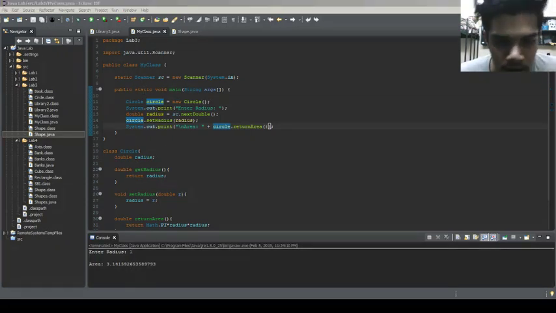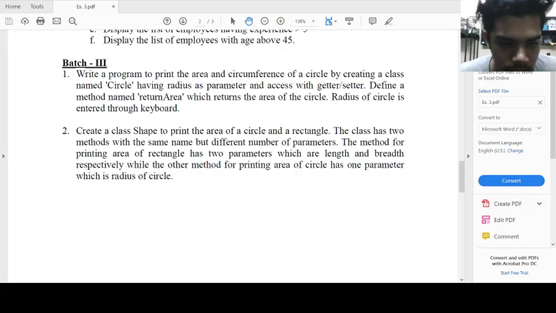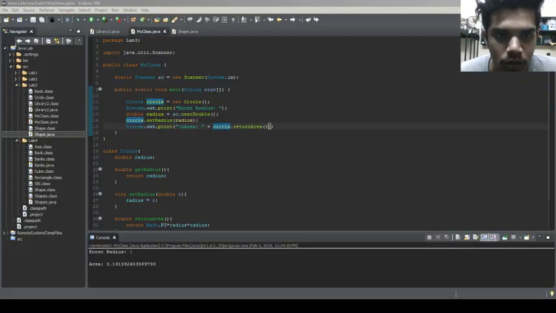So another question is: create a class Shape to print the area of a circle and a rectangle. The class has two methods with the same name but different number of parameters. The method for printing the area of a rectangle has two parameters, which are length and breadth respectively, while the other method for printing the area of a circle has one parameter, which is the radius of the circle. So the code is,